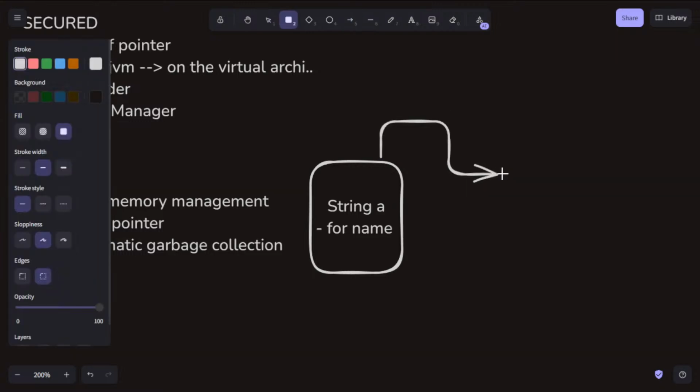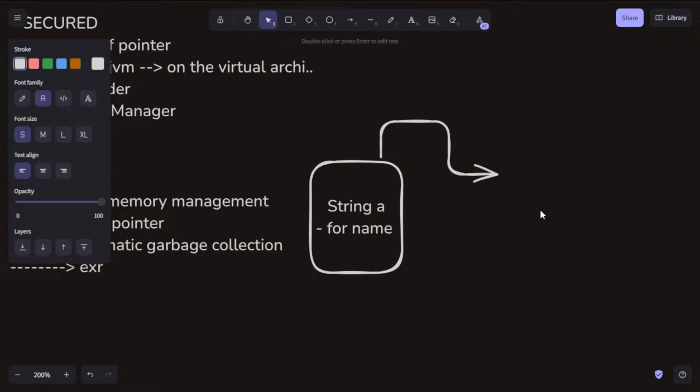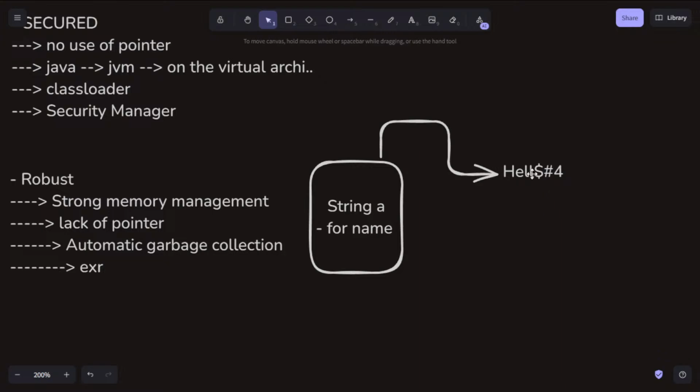If my user sends any character like this, this character is definitely not a name of any person.